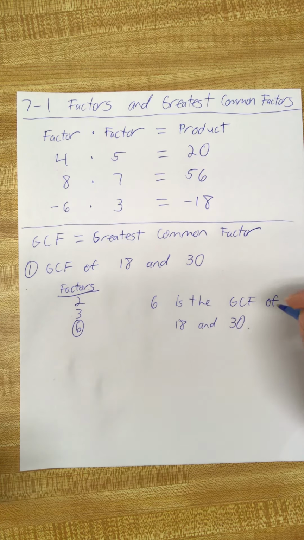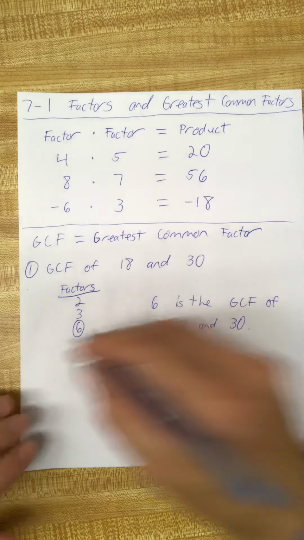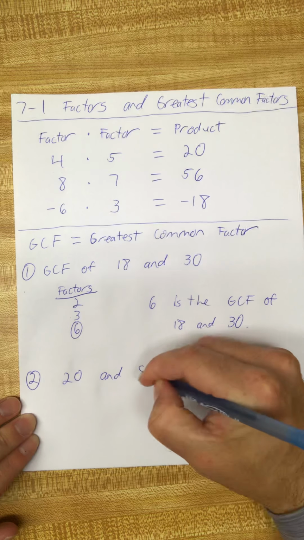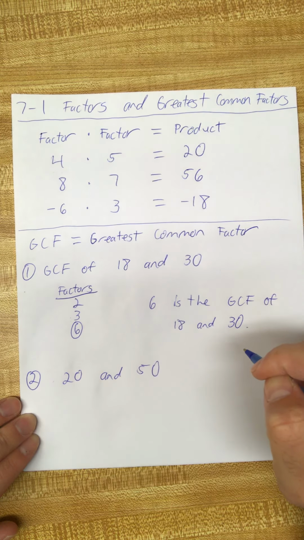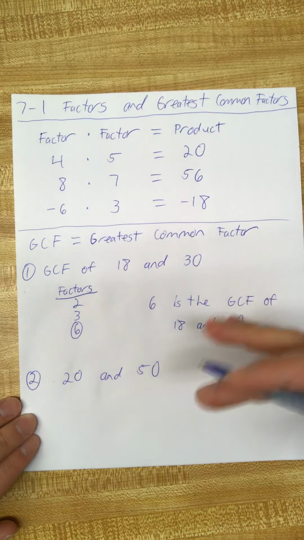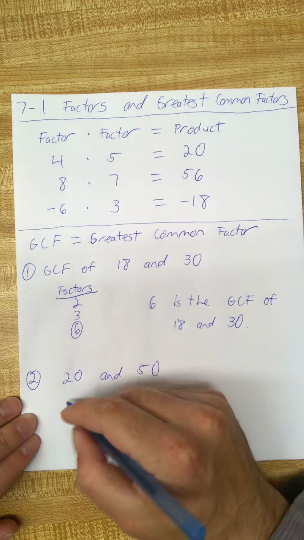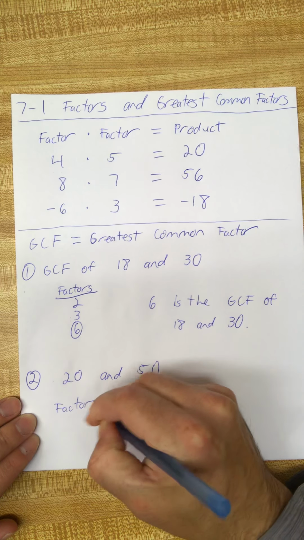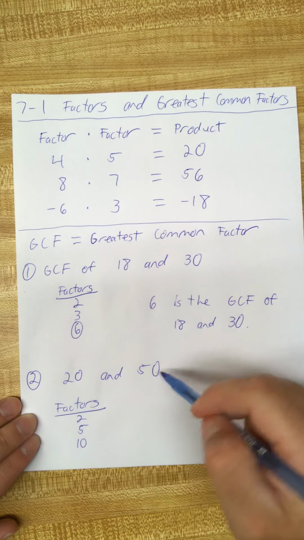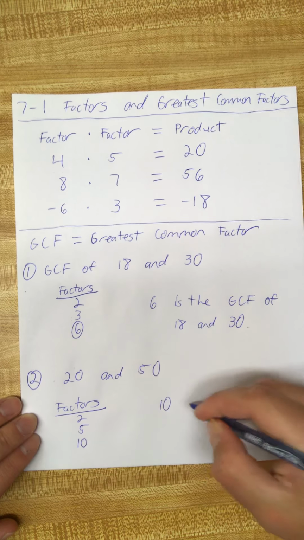Okay, so that's where the tricky part comes in, especially when you're given 2 even numbers. 20 and 50, how about? It's really tempting right away to be like, okay, 2 goes into both those. 2's a factor, and it certainly is. 2's definitely a factor of 20 and 50. But when you start to think about your factors, 2 goes into both. 3, 4, 5 goes into both. 6, 7, 8, 9, 10 goes into both there. And that's it. So you have 3 factors in common with 20 and 50, but 10 is